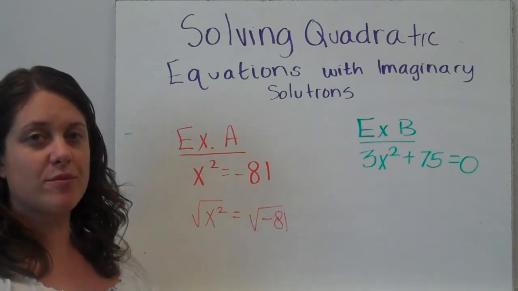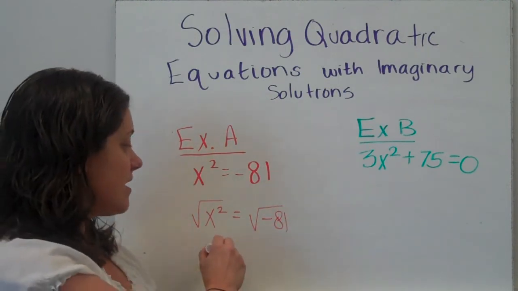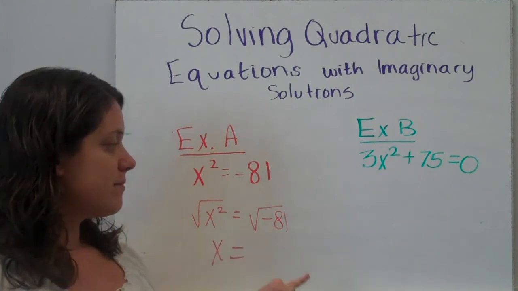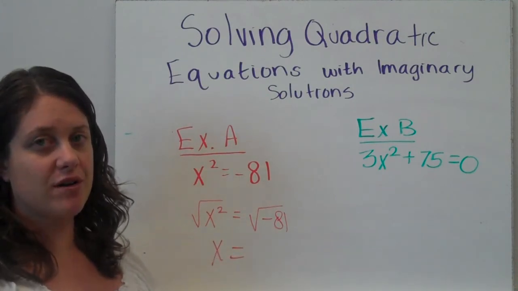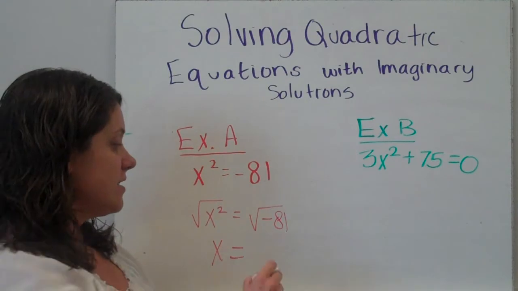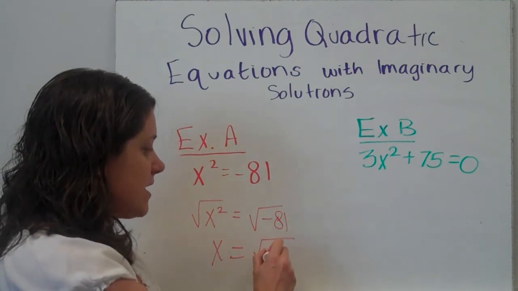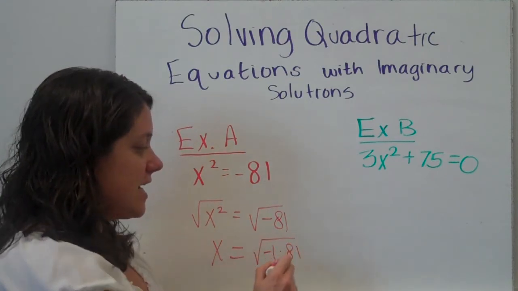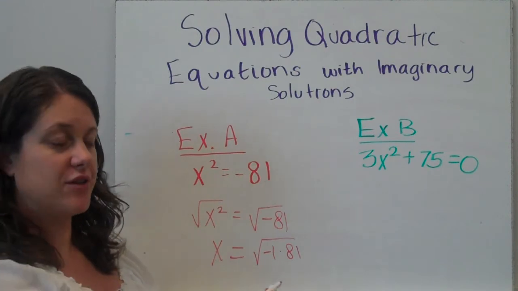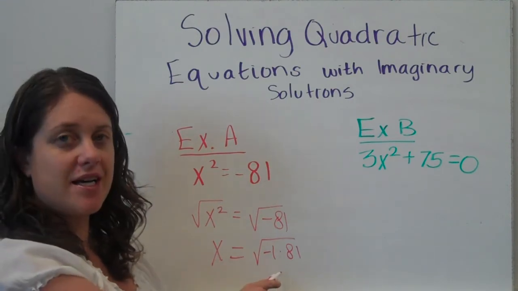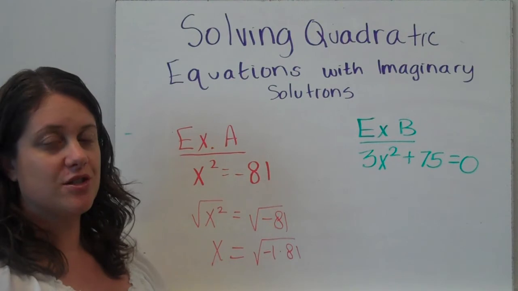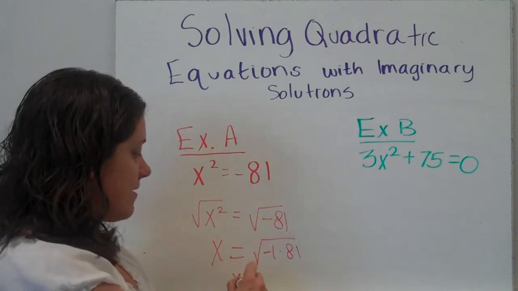So if I take the square root of both sides, that's going to cancel that out over here. But on this side, I now have the square root of negative 81. So I know I can split that up into negative 1 and 81. So hopefully we know that the square root of negative 1 turns into i, and the square root of 81 turns into 9. So I have